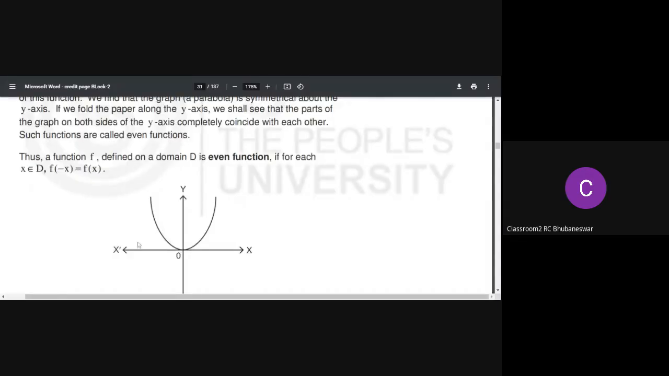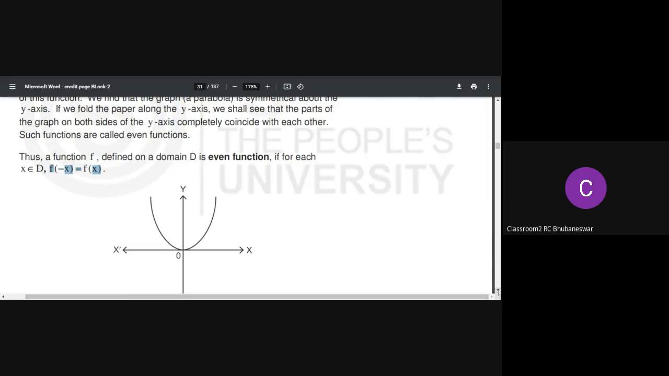Now, let us recall the definition of even function and odd function. A function is said to be an even function if for each and every value in its domain, the condition is satisfied. That means f of minus x is equal to f of x. If this condition is satisfied by the function f,